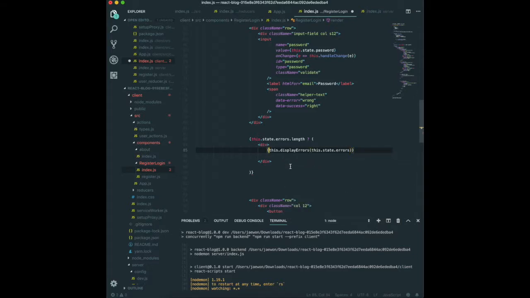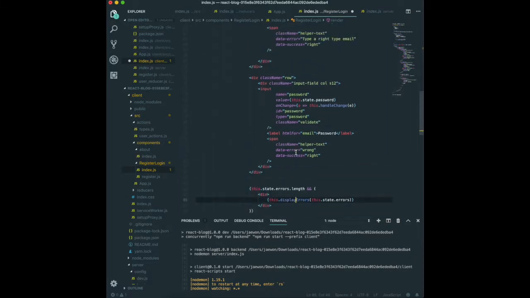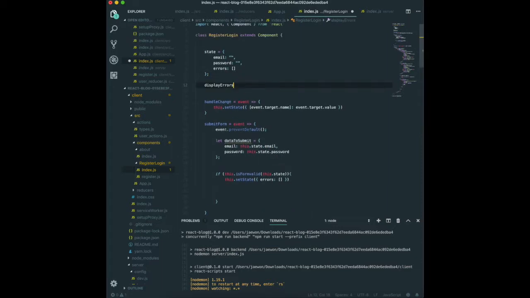I'm sorry, I need to use the curly brace instead of parentheses. So we can just use this one. This means if you have this one, we will show this one. But if we don't have it, we are not going to do anything. So we also need to have this function here, because we're going to get errors,